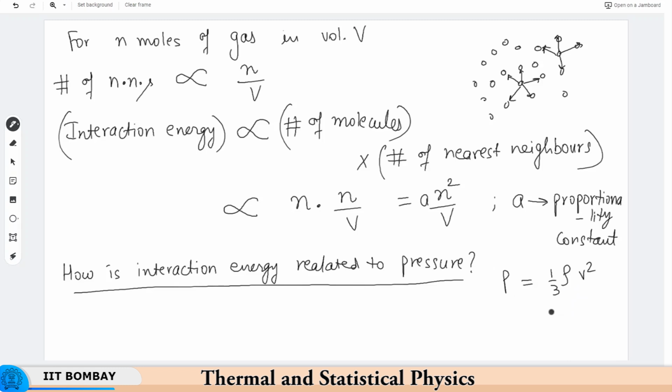So this is 1 by 3 mv squared divided by V. If mv squared is the kinetic energy per molecule, we can see that the pressure is equal to the energy density. So since pressure of a gas is a measure of energy density,